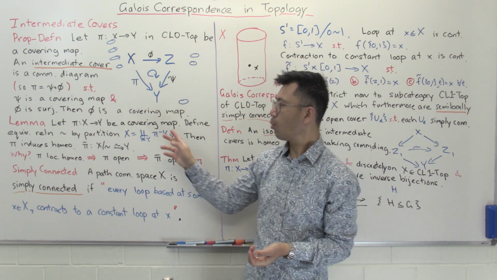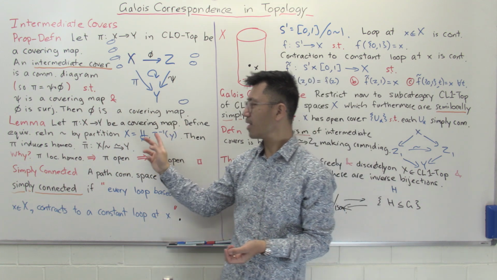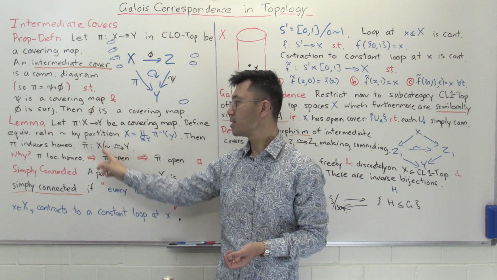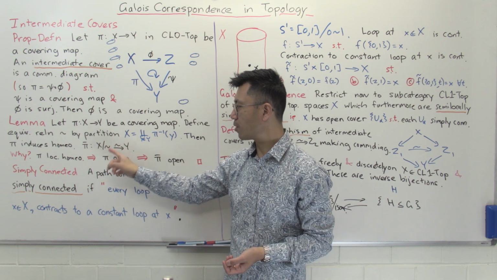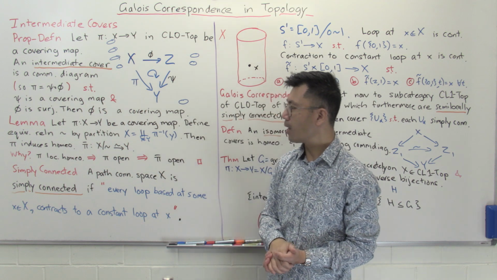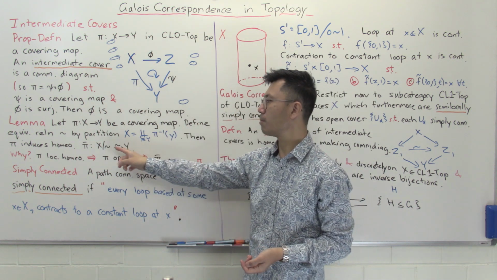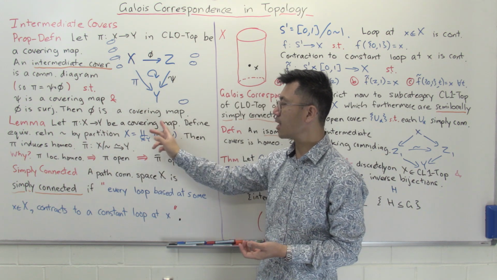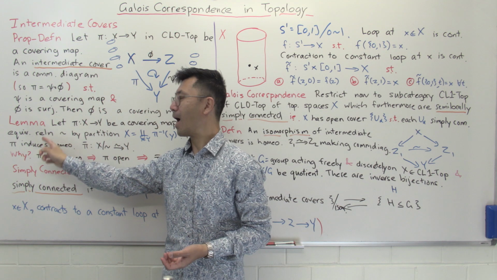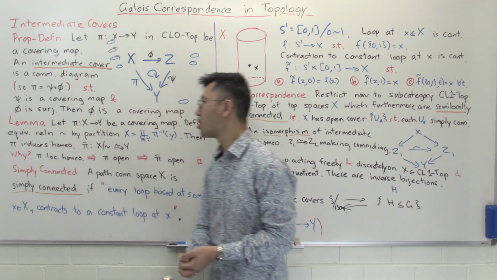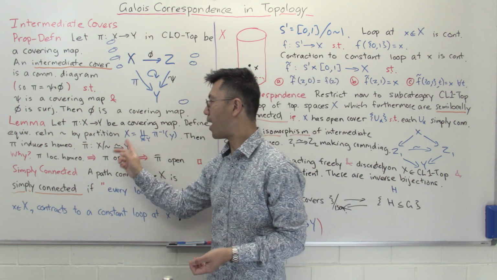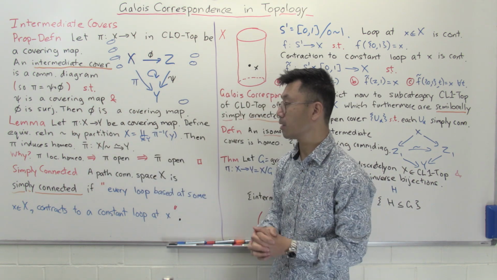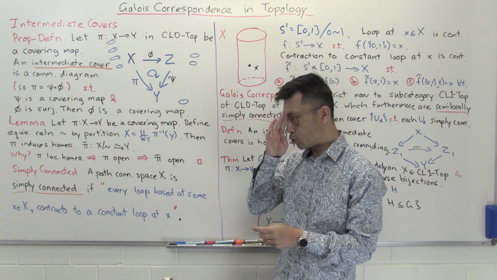Certainly when you do this, hopefully you can see easily enough that this pi will induce a map from the quotient set x modulo this equivalence relation to y. And of course by the universal property of quotient maps, this will be a continuous map. The key point is that in this particular case, because it's a covering map, it will also be a homeomorphism. So really you can replace this y with this quotient. So it is a type of quotient map. And I don't want to go through too much why this is true,